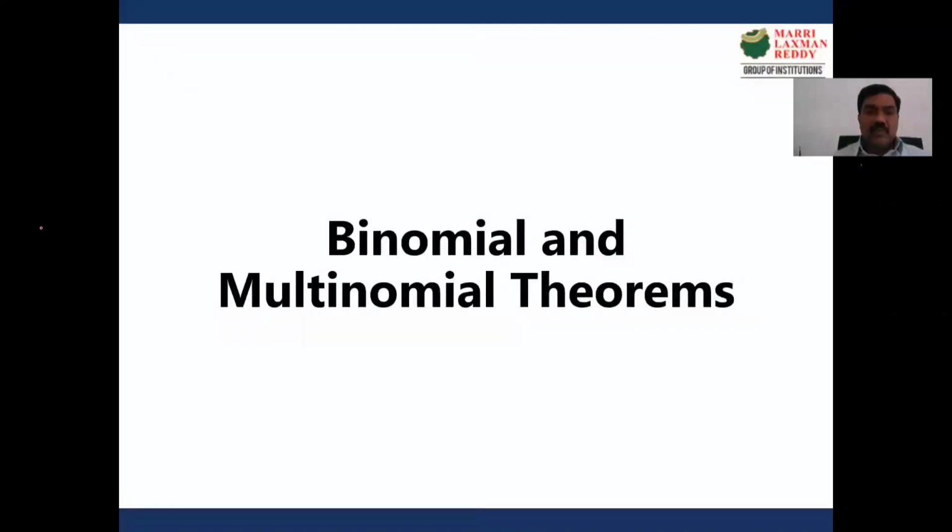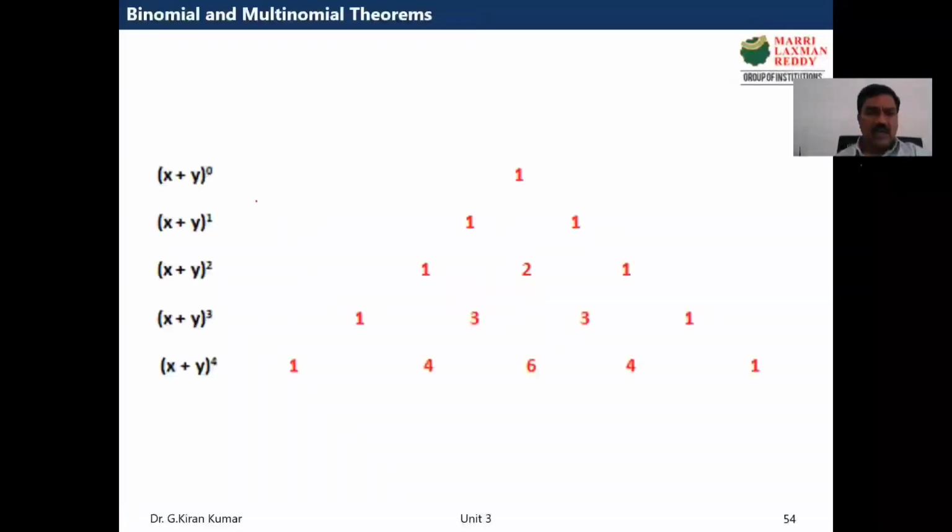Yeah, fine. So let us discuss the binomial and multinomial theorems. Binomial theorem you are already aware of, am I right? Binomial basically contains two variables. So let's say the two variables are x and y. The binomial theorem is how you expand a two-variable expression when you have a power, something like (x plus y) whole power n. So how do we expand this in general?